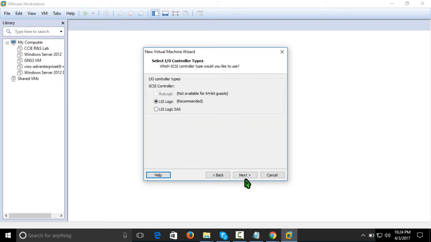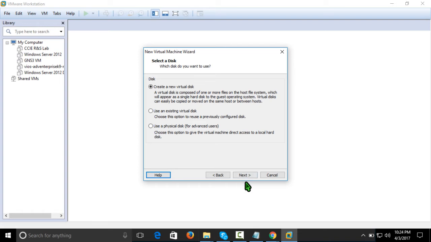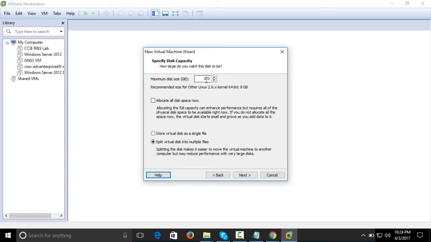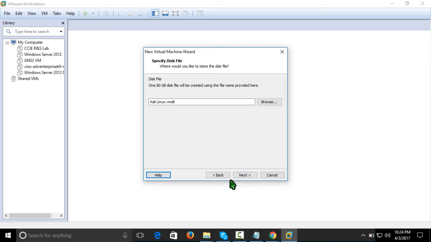Next, and the recommended is iSCSI. IDE is a very old technology. This is not used in present time. You can find IDE technology in old types of computers, Pentium 3 computer, Pentium 2 computer. Next, create virtual disk. Next, and specify the disk size 80 GB. It's a single file. Single file means in lite mode. Next, and